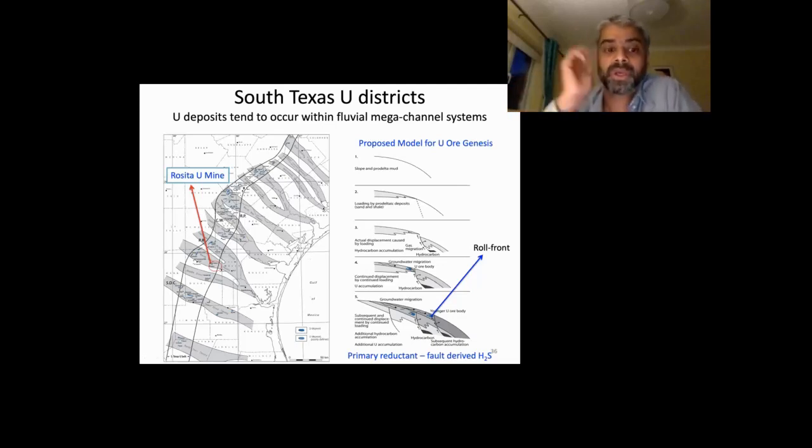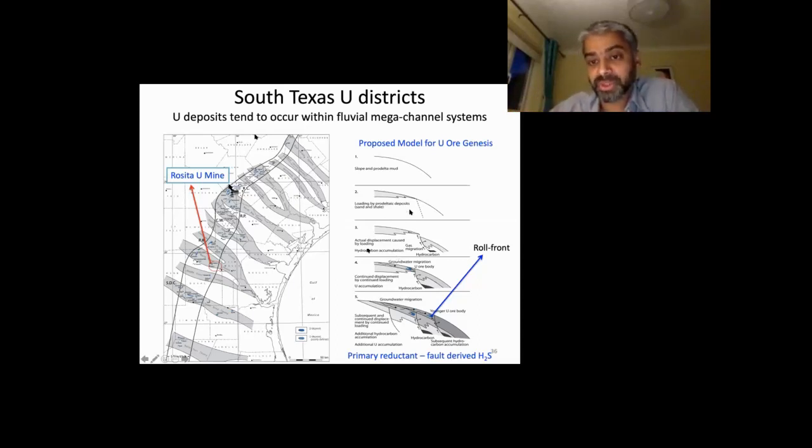So the way it works is, again, you have to have some granitic source. The groundwater brings in this uranium, you have the redox barrier, and then that forms all these uranium deposits. They're very well mapped, not only in South Texas, but in Wyoming, South Dakota, Colorado. They're very well mapped. In South Texas, though,